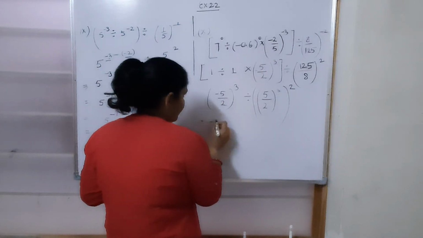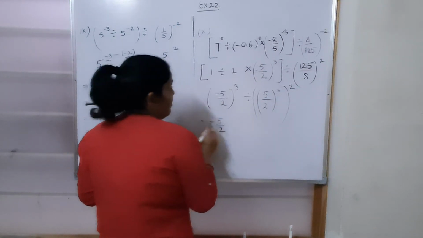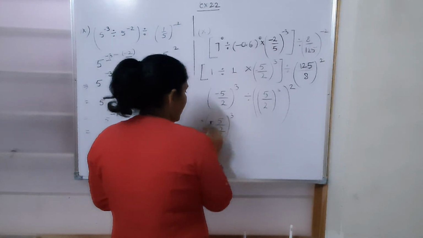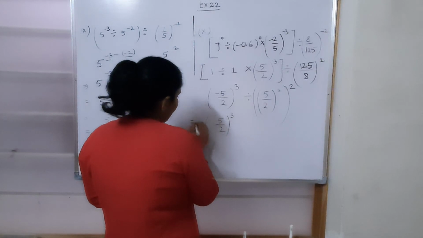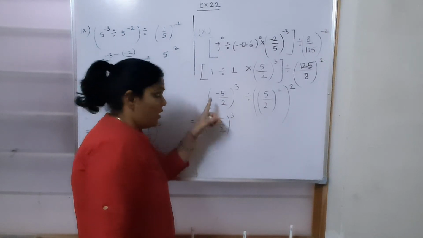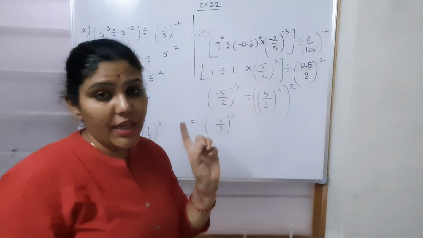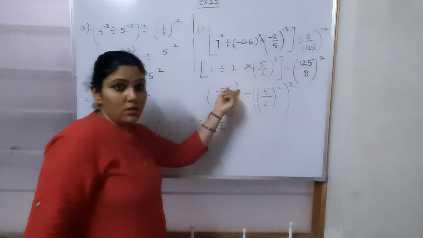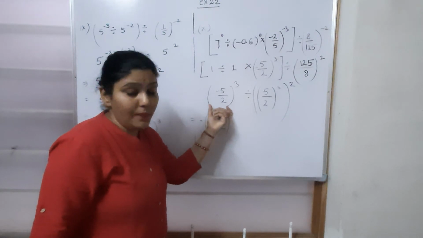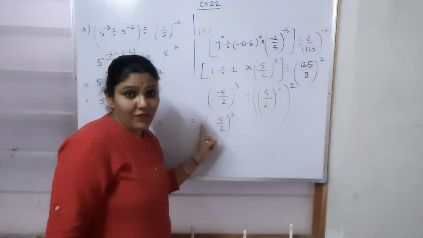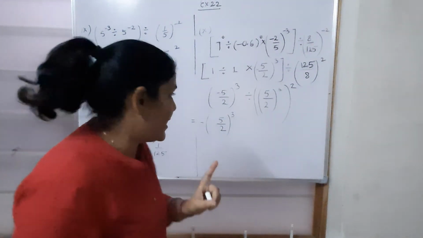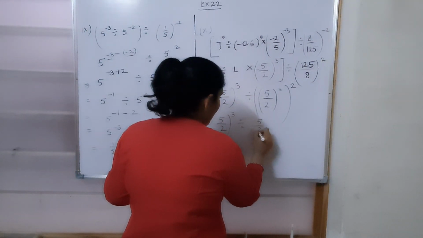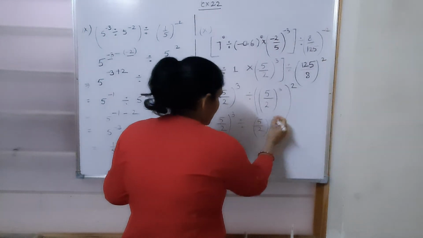Now just look here. Again, minus 5 upon 2 whole raised to the power 3. So should I put this minus sign outside? Yes, we can put minus 5 upon 2 whole raised to the power 3. Power is odd, base is a negative number. It means we will get a negative number. That's why I am putting this minus sign outside, okay? Then we have divide. Then 5 upon 2 whole raised to the power 3 twos are 6.